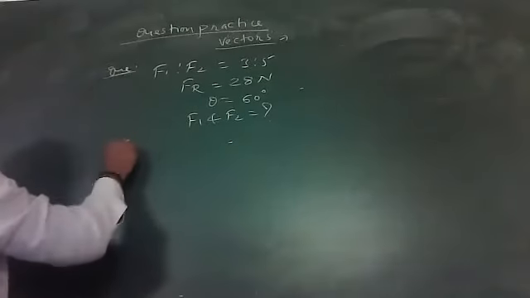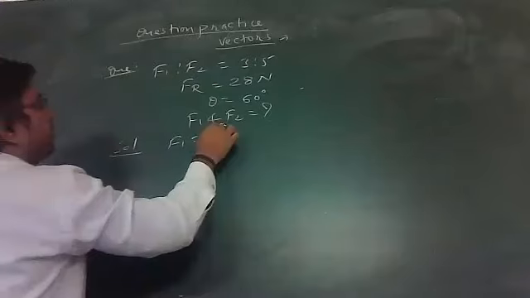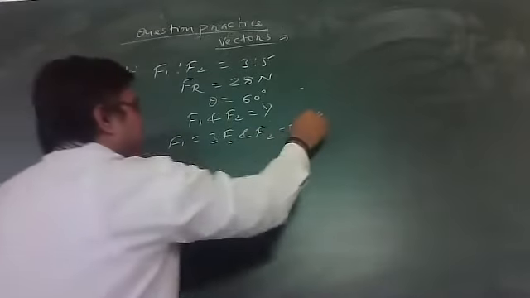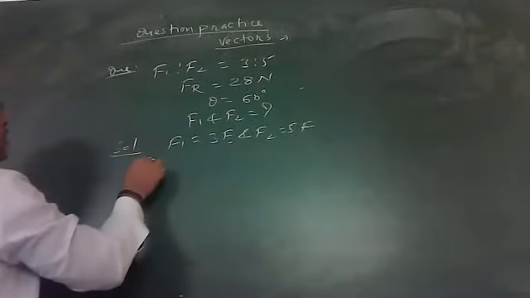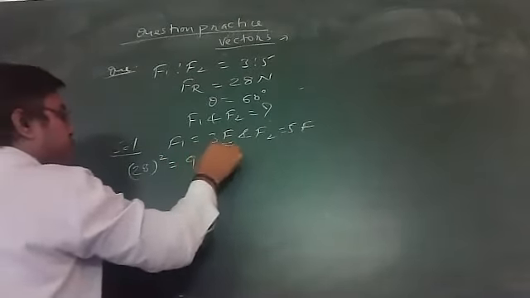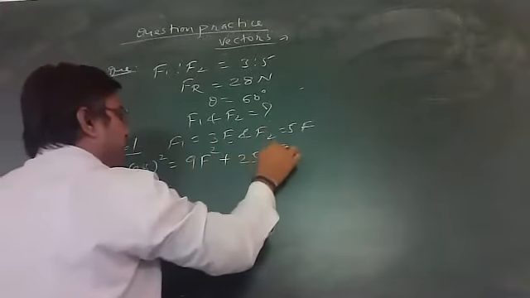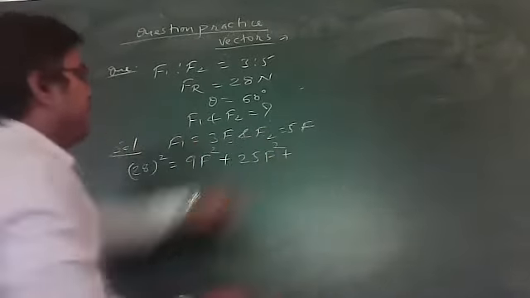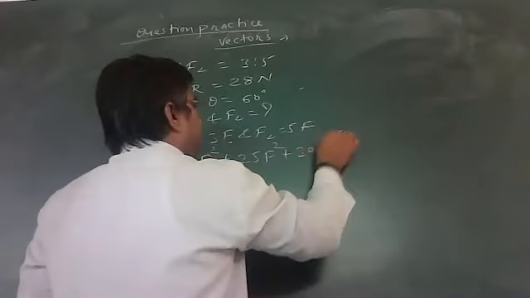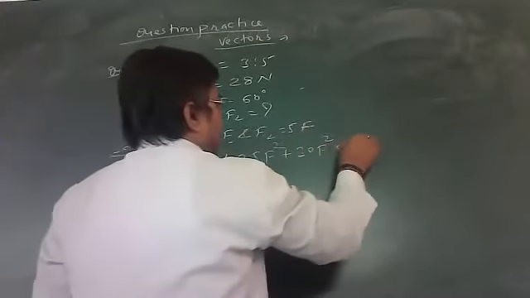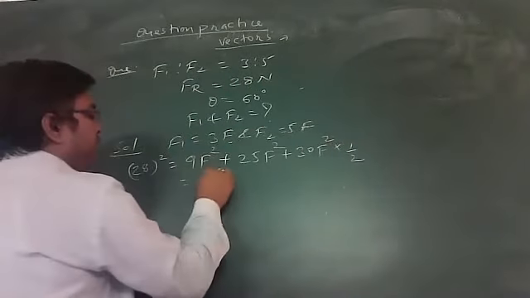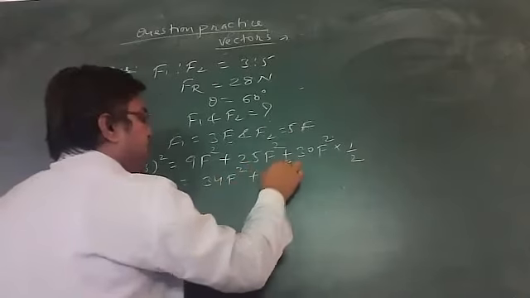In this question, let the value of F1 be 3F and the value of F2 be 5F. Theta is given to you. What is the resultant square? Fr square is F1 square, which is 3F square, that means 9F square, plus F2 square, you will get 25F square, plus 2AB cos theta. 2 into 3F into 5F, you will get 30F square, and the value of theta is cos 60. Cos 60 you will get 1 by 2. That is the complete point. You will get 25 plus 9, 34F square, plus 15F square.